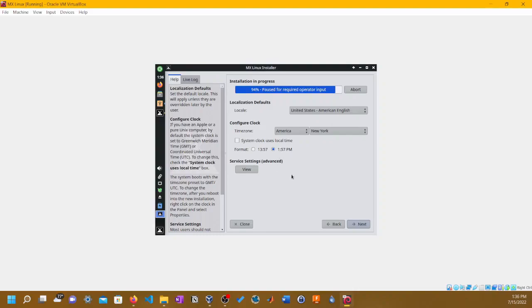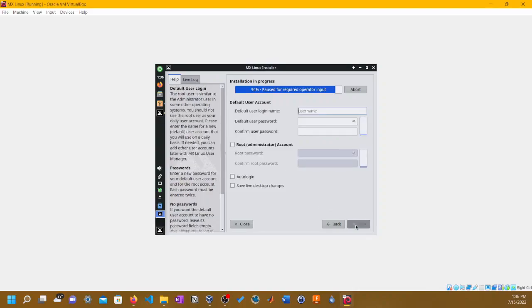Yeah, let's use AMPM like we always do. And default user login name, let's put King Tut 1 2 3 and 1 2 3. And let's just do auto login so that I don't have to. Actually, let's not use auto login. I'm going to show you what happens if you don't check auto login.